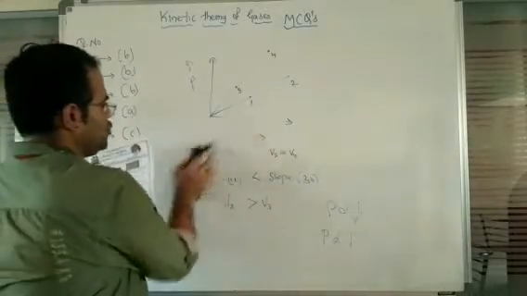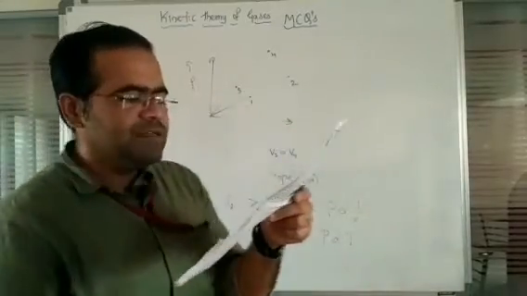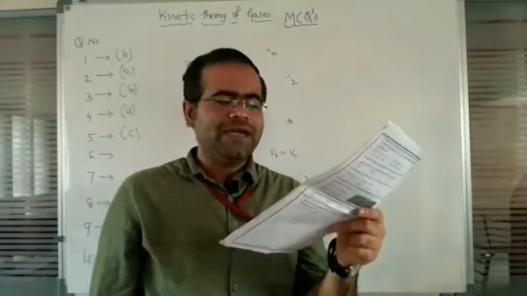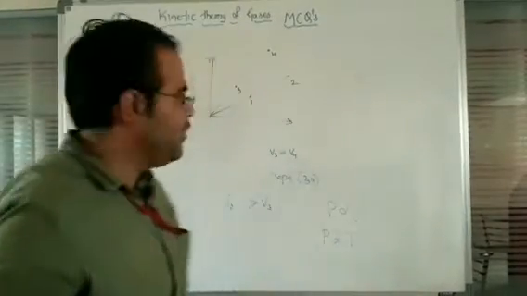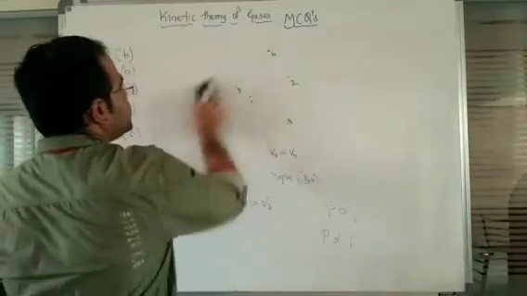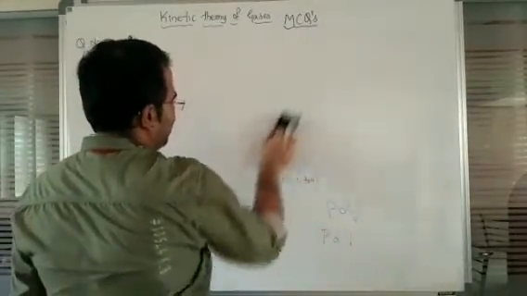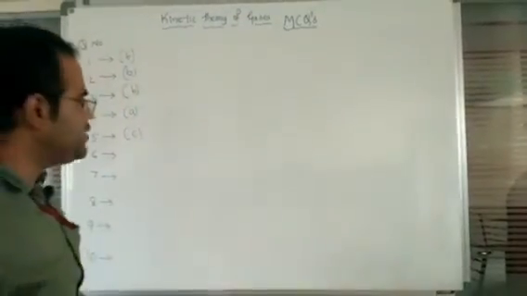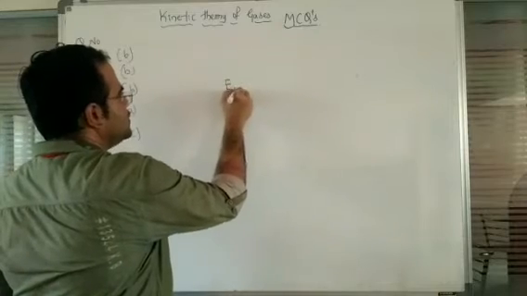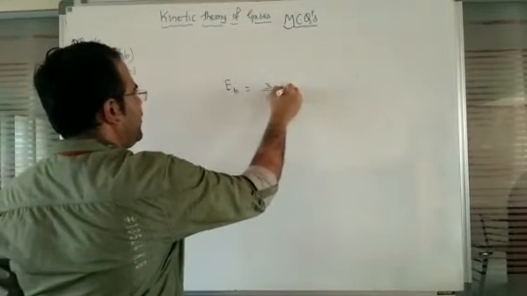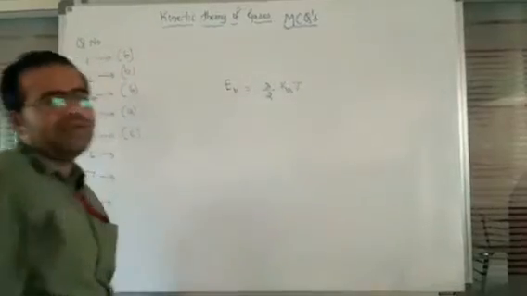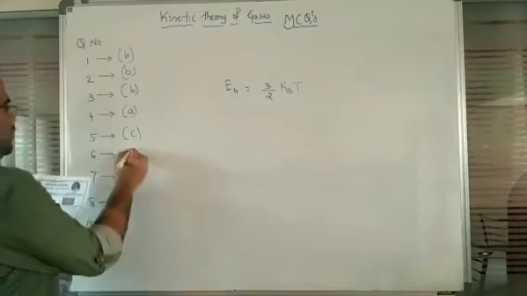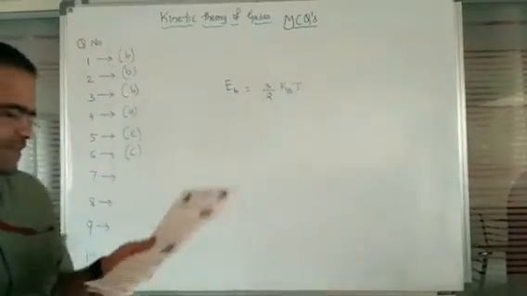Next, question number 6. Here, the mean translational kinetic energy of a perfect gas molecule at a temperature T is asked. So we just have to remember the theoretical equation for the kinetic energy of gases, which is given by E is equal to 3 by 2 KB multiplied by T, where KB represents Boltzmann's constant. So that is the reason. For question number 6, we have the option C.